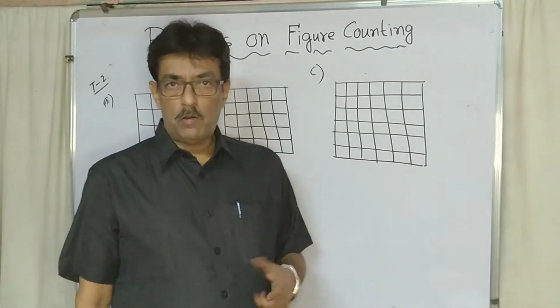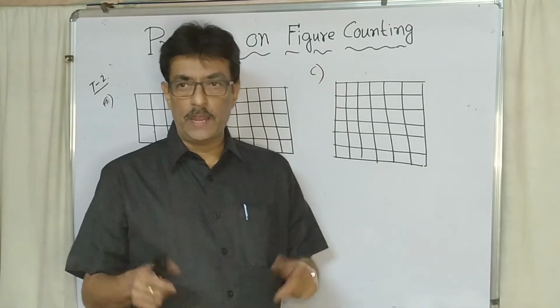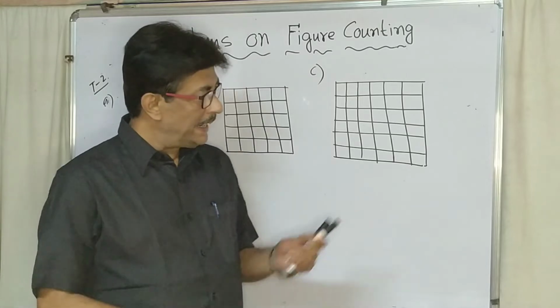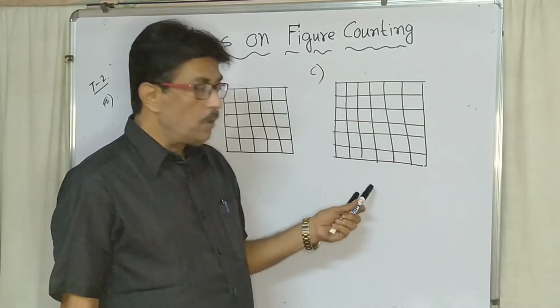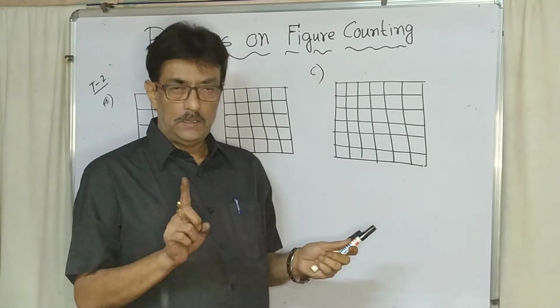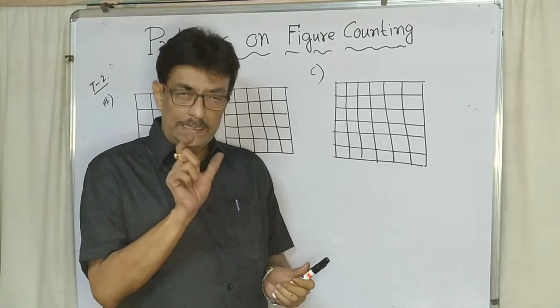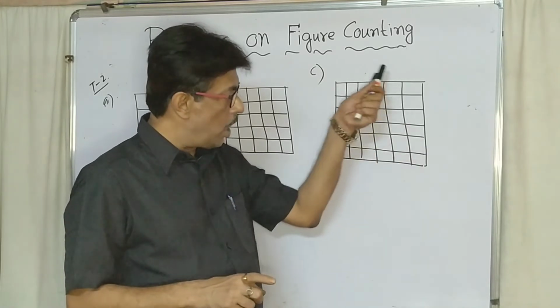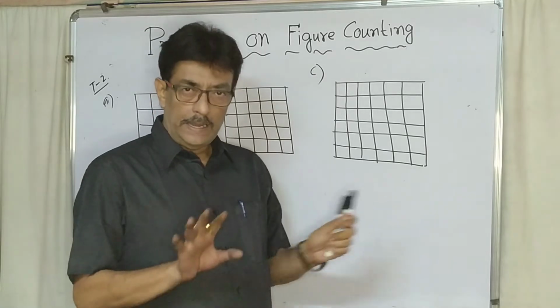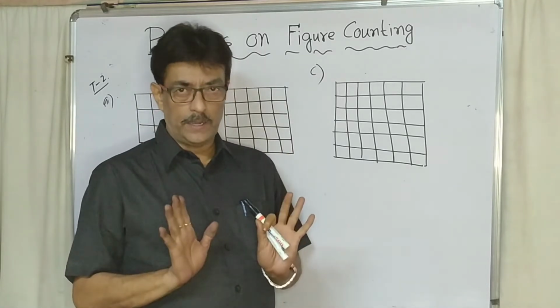Previously we discussed how to find the total number of triangles. Now, a figure is given and you have to count how many squares are in the figure. Remember, only a square can be treated as a square; not any rectangle can be treated as a square. Remember the condition. Find how many squares are in the figure. It is not stated, but you have to understand that only a square is to be treated as a square.